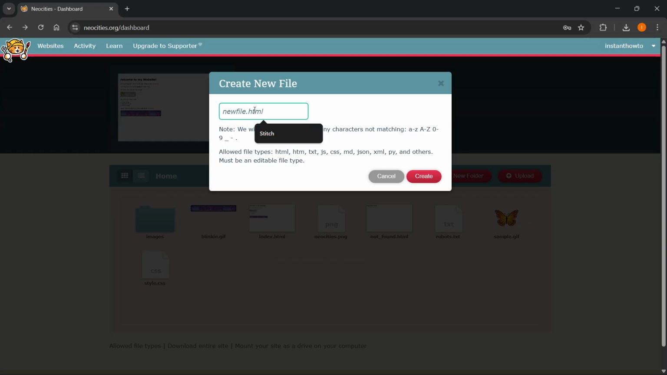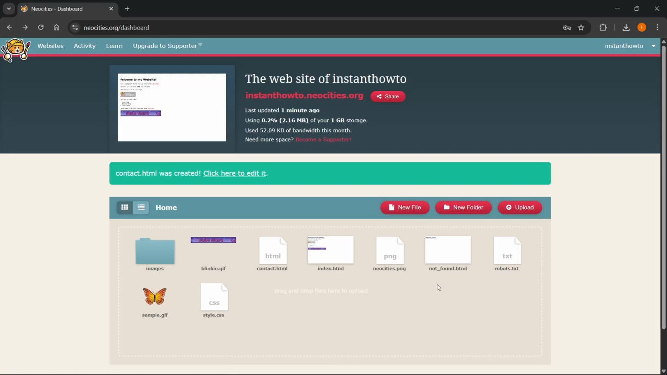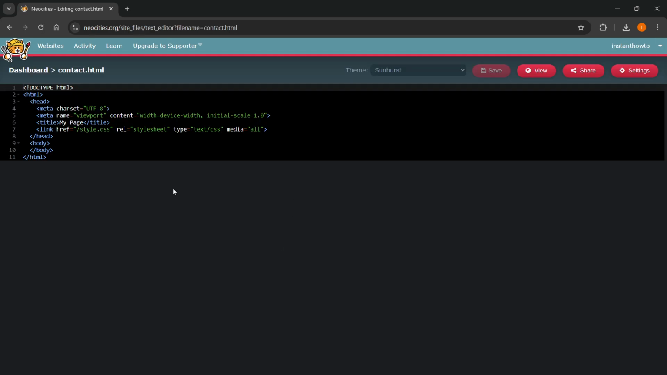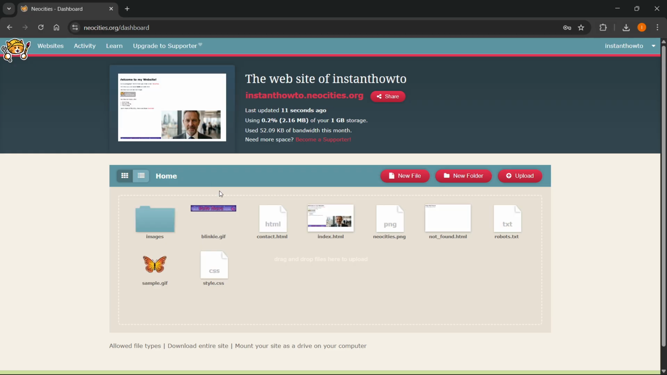Now this one is just simply going to be contact.html, just like this, and I'm going to click on create. Now there we go. As you can see, it's created it and we have it over here. I can go ahead and edit it if I want to, and this is basically where you have to put in a bunch of different things, of course whatever you want to have on your second page,